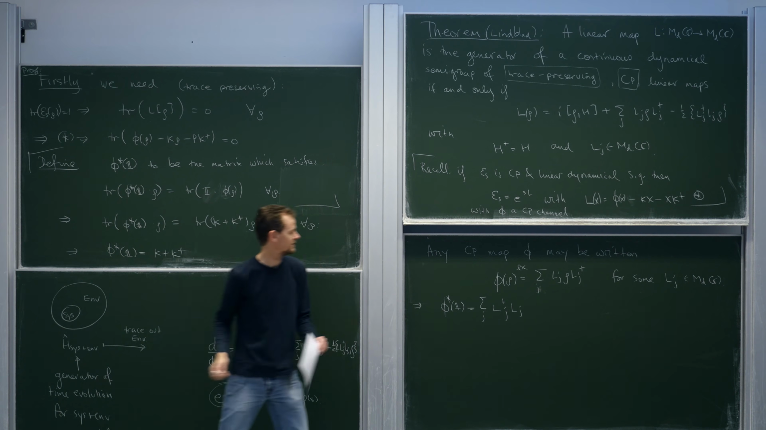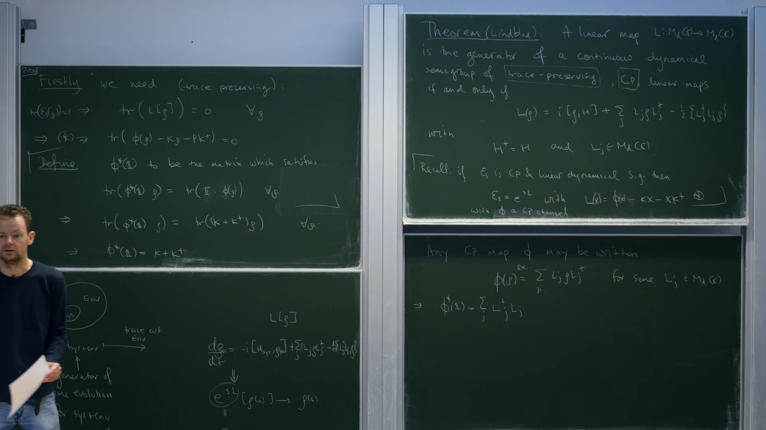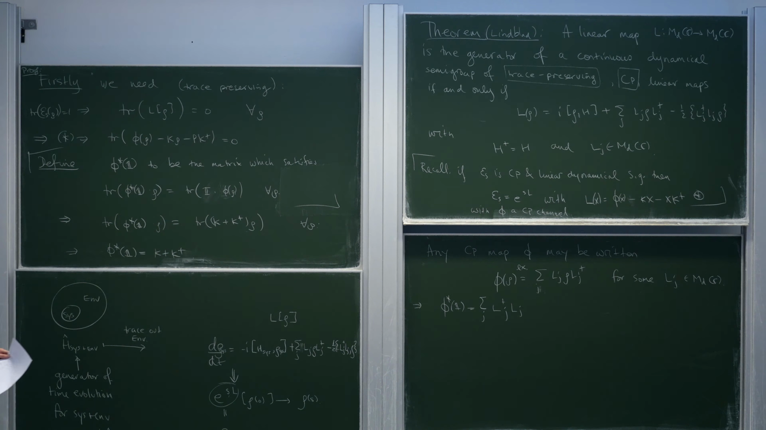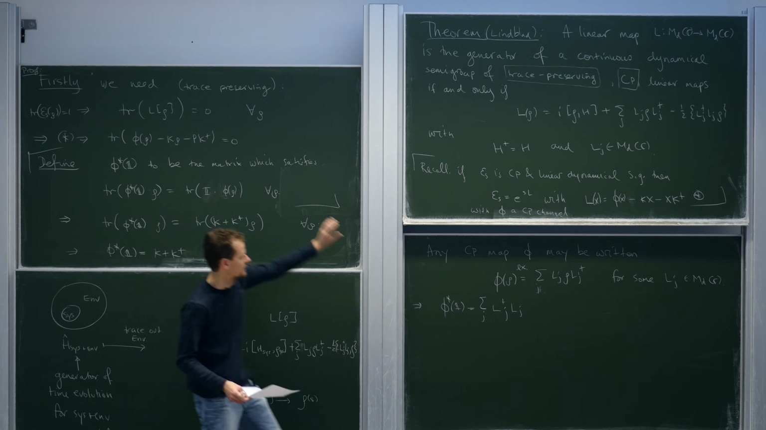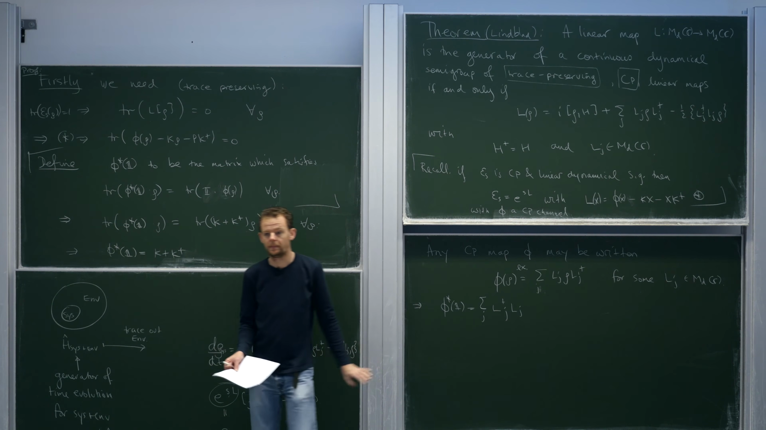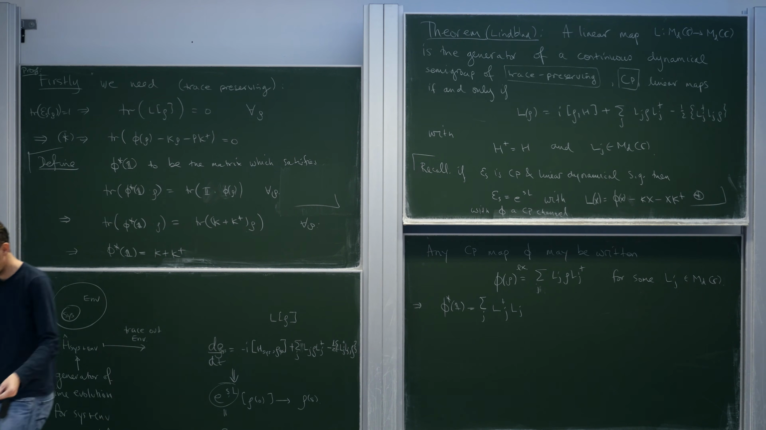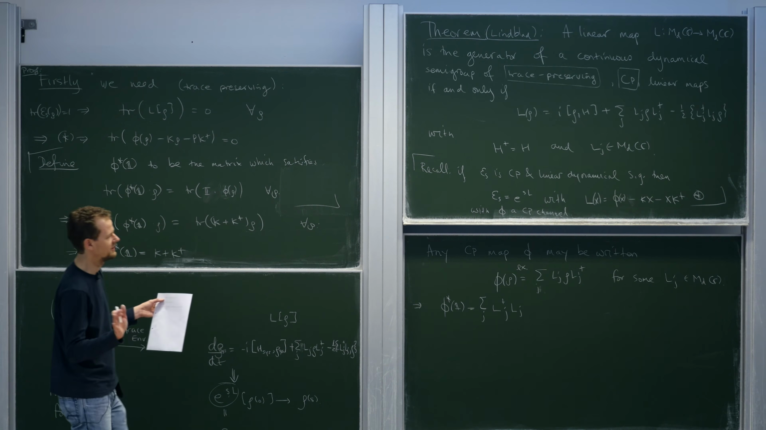In fact, you learn that phi star 1 is just this sum of these L subscript j super dagger L subscript j matrices. And that's just a consequence of this equation here and this equation here. But now we're basically done, because